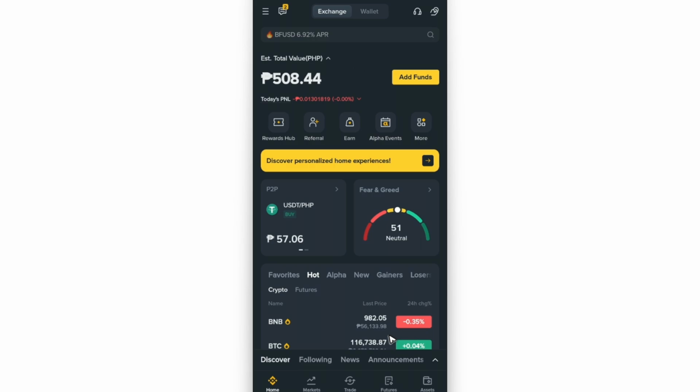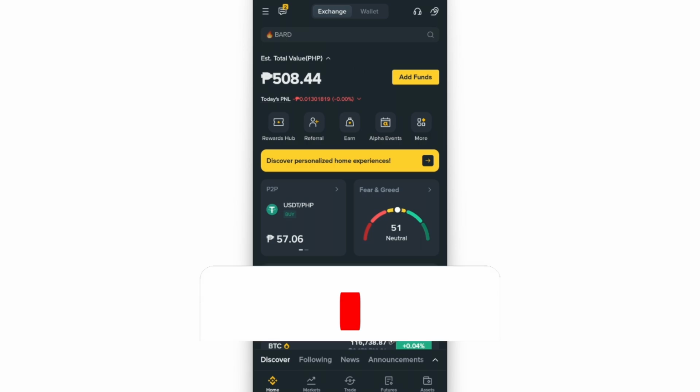Welcome. In a short tutorial, I'll be showing you how to use trading fee rebate or rebate voucher here on